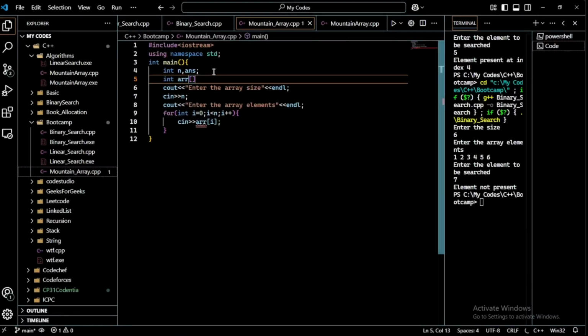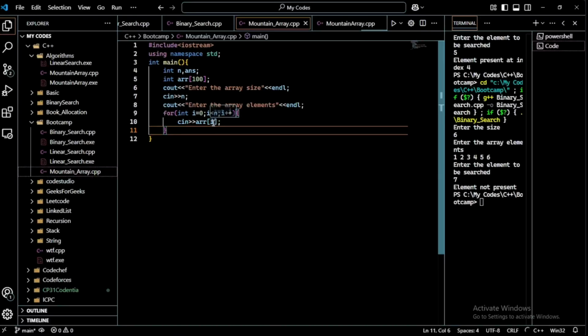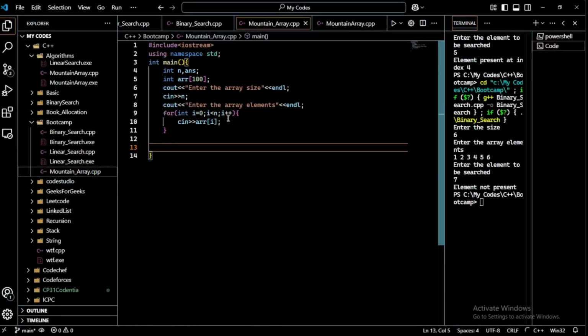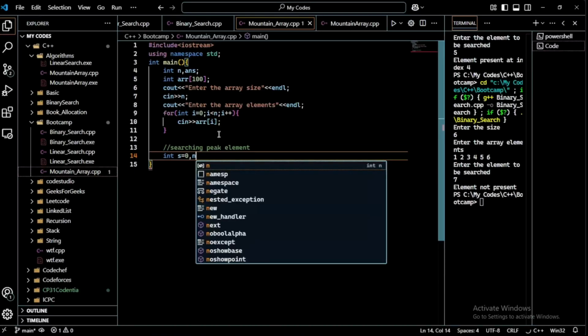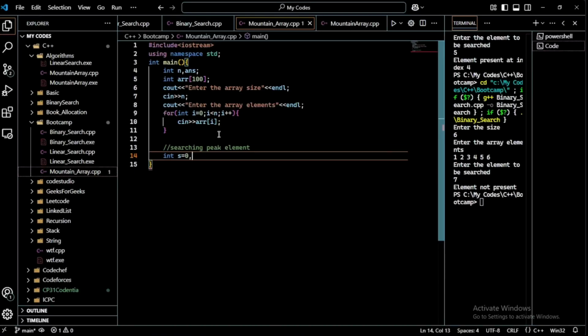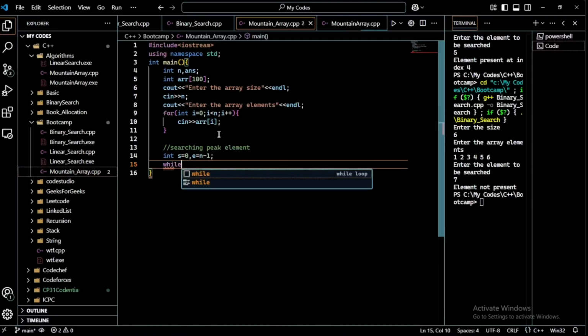We didn't declare the array. Okay, so the input part is ready, and now we are searching for the mountain peak element. Let's take S for the starting index, and as the ending index we take E, which is equal to n minus 1. While S is less than or equal to E,